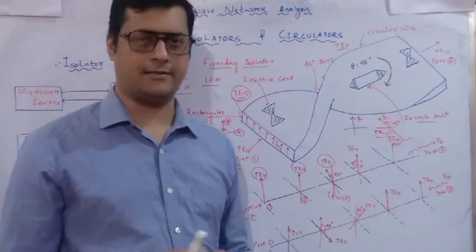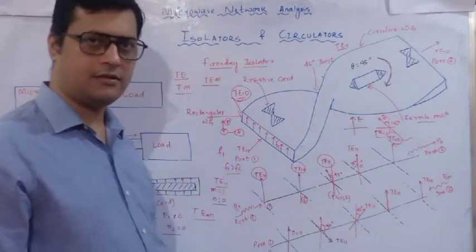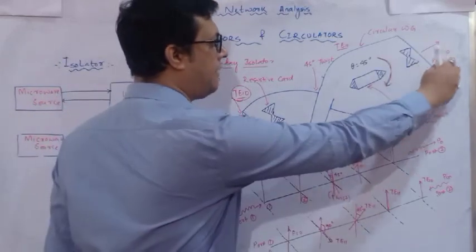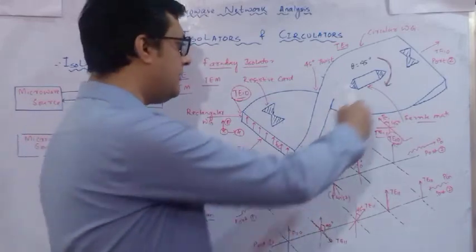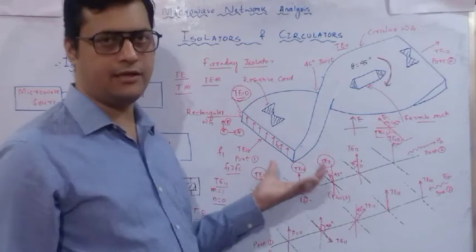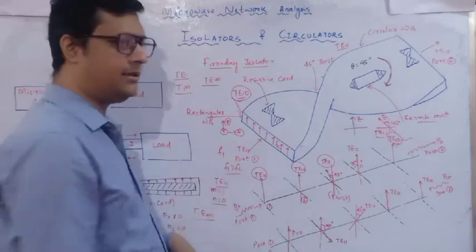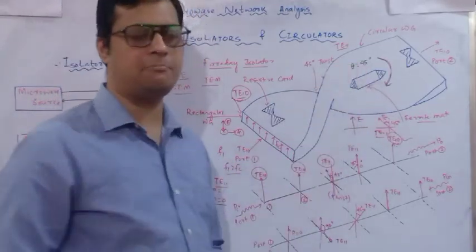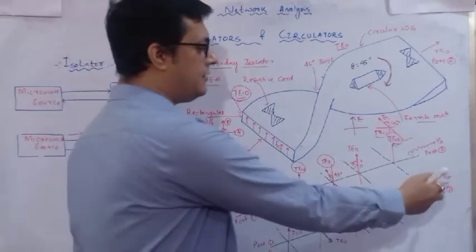But how? Let's see. As you can see, this is the second figure. In this case, I have considered that some reflected power is observed at port 2 and is propagating back to port 1. Then we will discuss what output is available at port 1. If we justify that the output at port 1 is 0, that means we have discussed the whole working principle of the isolator.